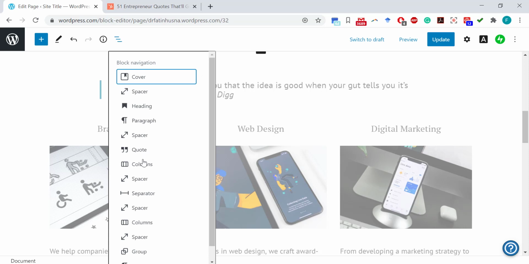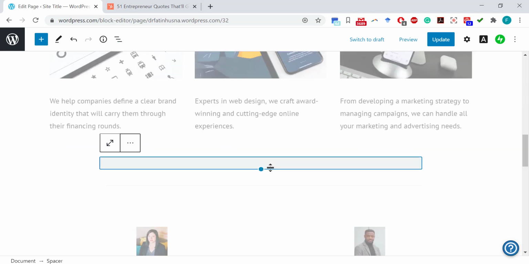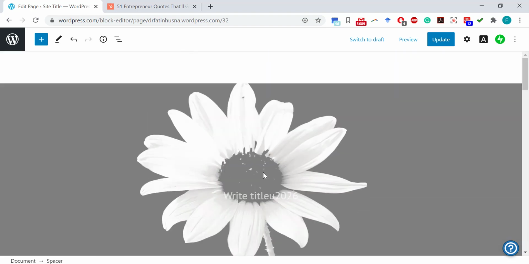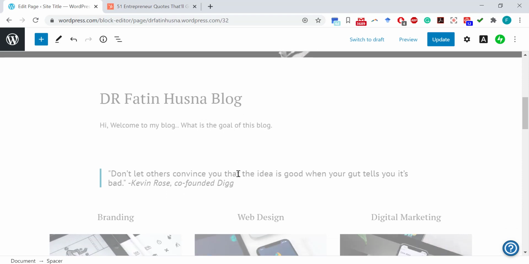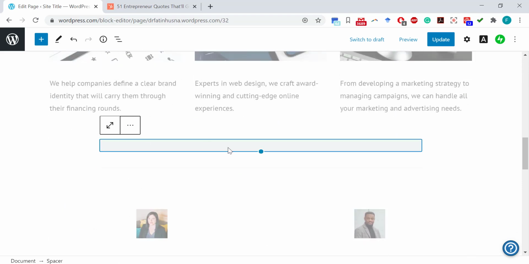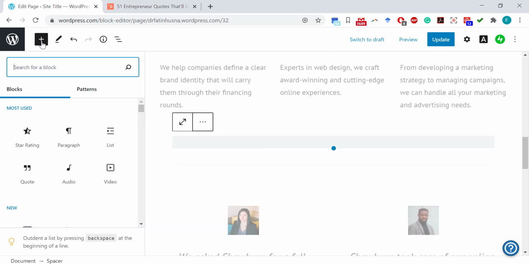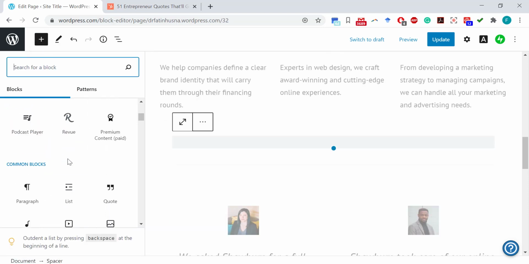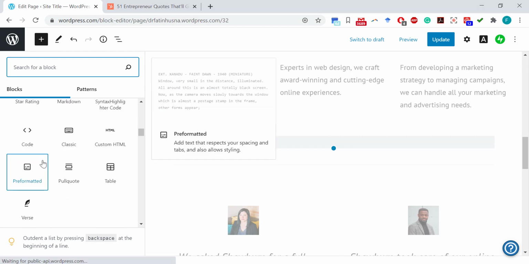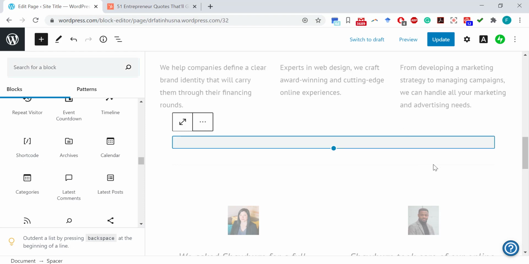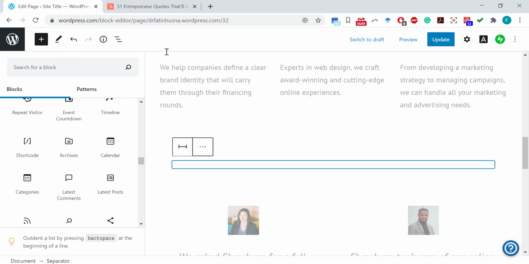We go to spacer again. Okay. So basically what we are doing now is, imagine that this is a blank canvas. Then you put whatever you want on your website on this blank canvas. Okay. And then you put whatever you want from the add block plus. From here there are so many things you can do if you want. And you need to explore one by one. For example, here as you can see,